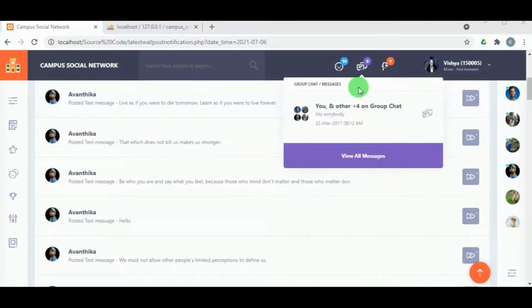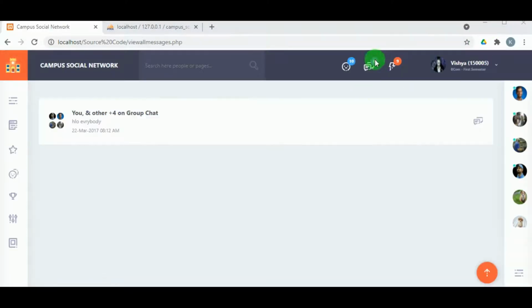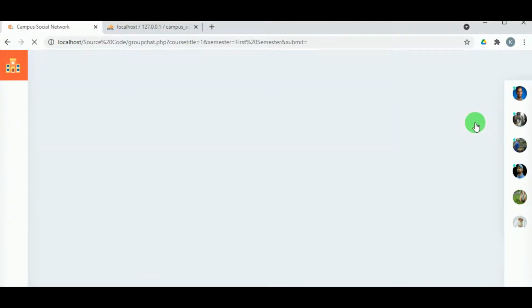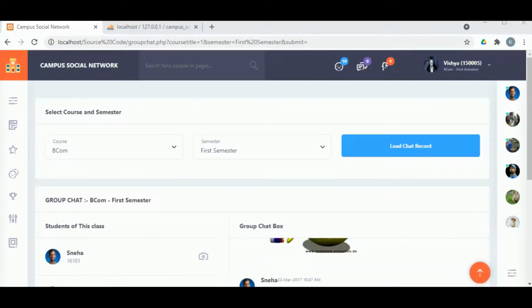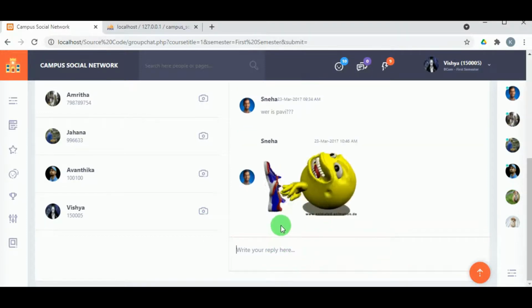And in group chat or messages, by viewing all messages, they can view the new messages from their friends, and by clicking on the message icon, they can reply to the messages, the group messages of the friends. So this is how they can reply to the message.